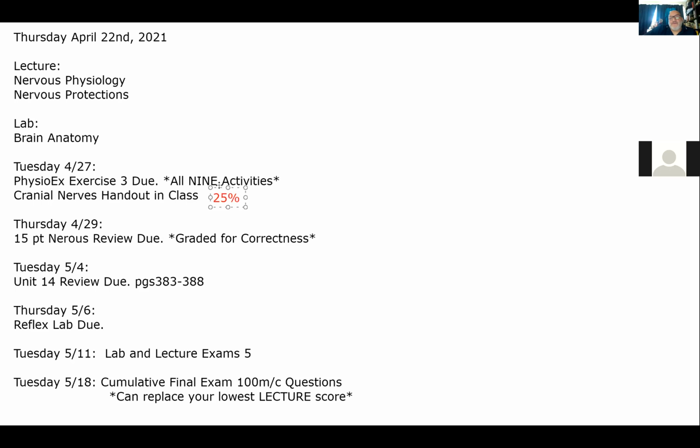And again, it covers every single thing we have covered in this class with 100 multiple choice questions. So you don't have to pull the information out of the ether. You just have to be able to recognize the correct answer. And it absolutely positively counts as a grade on its own. But remember, you also have the opportunity to replace your lowest lecture score with it. So for some of you, great question. So for some of you who had an exam where you struggled,